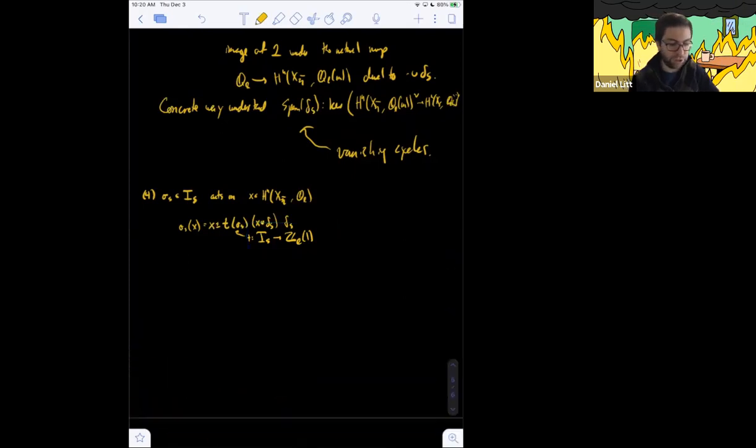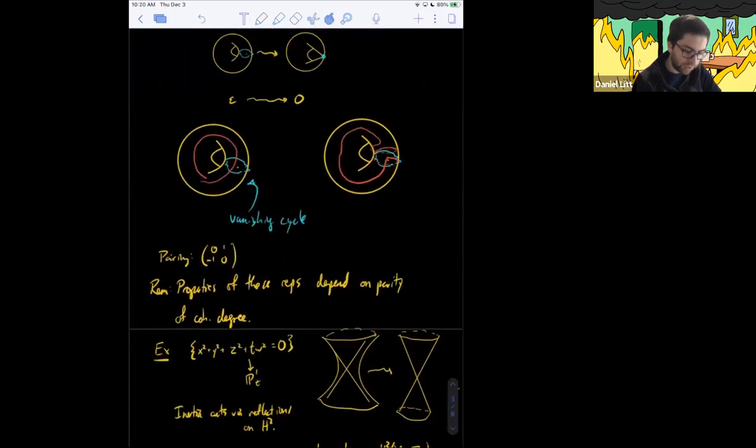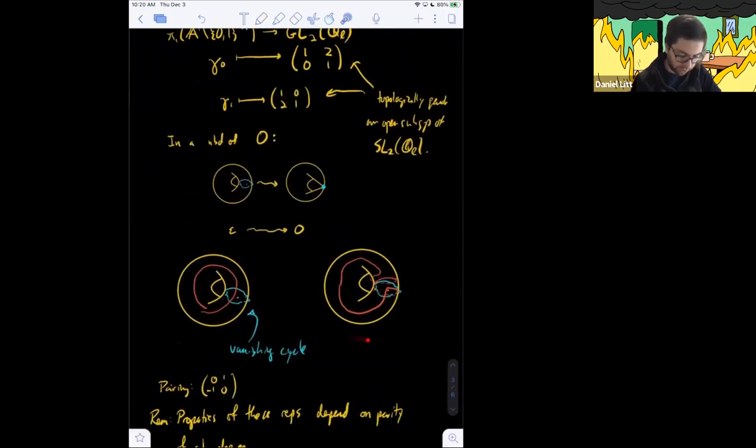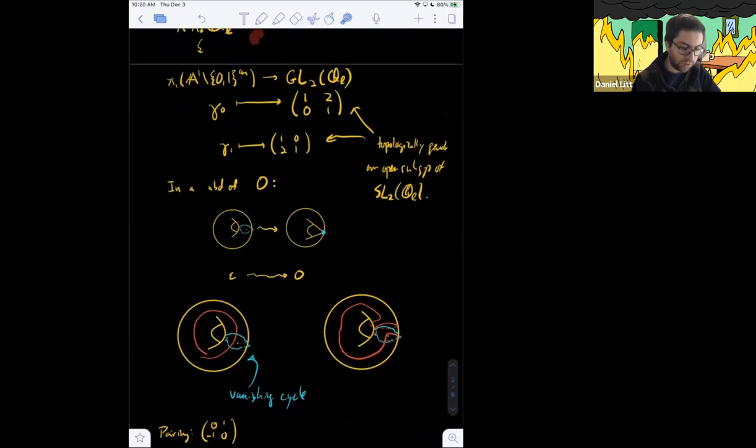And so this is just the projection from Z hat of 1 to Z_l of 1 in characteristic 0. In characteristic p, you just do literally the same thing, except instead of saying all extensions, you just look at tame extensions. And then tame inertia is a quotient of inertia. Okay, so in our picture from before, what does this correspond to? So this corresponds to this picture here, or in other words, to these matrices.